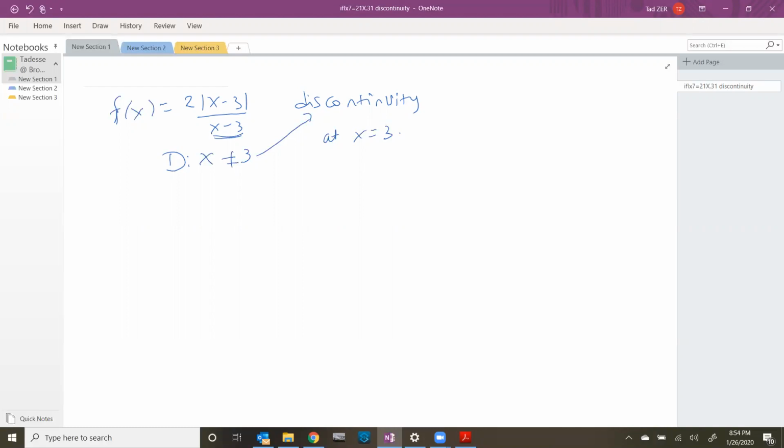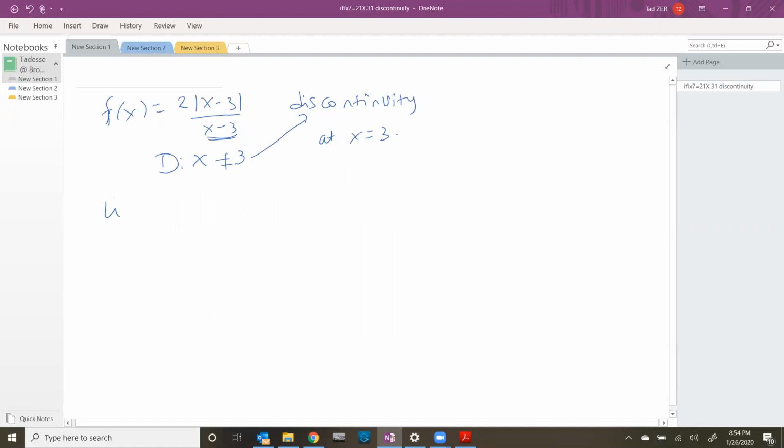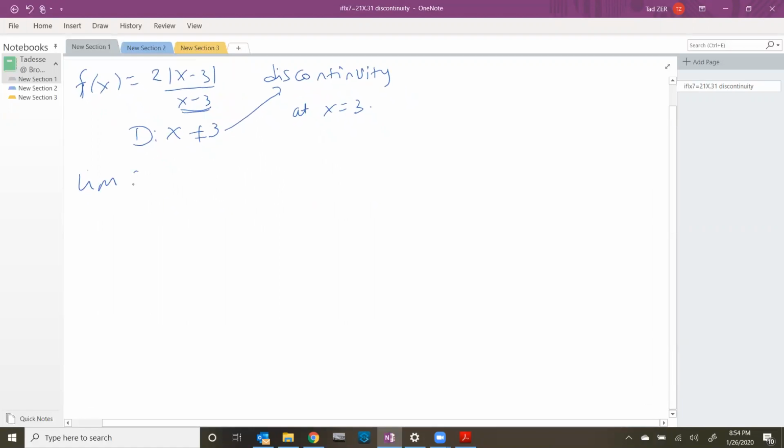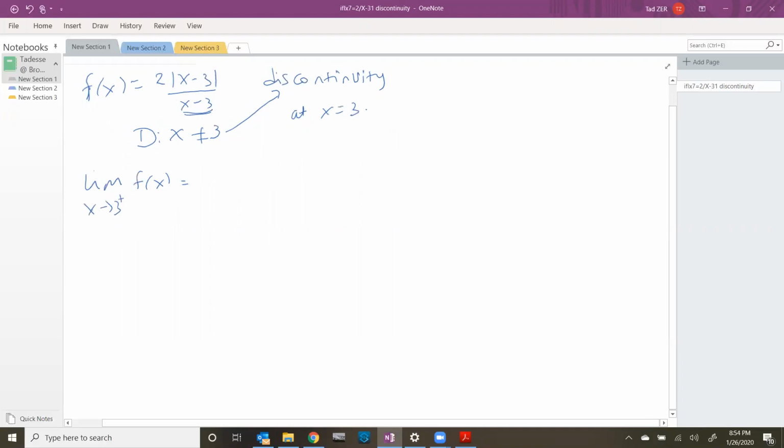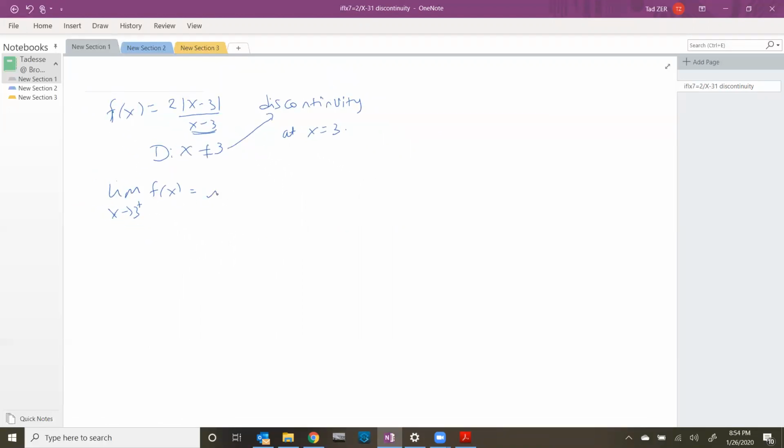In this case, let me find the limit of f of x as x approaches 3 from the right side, a one-sided limit. So this is equal to the limit of 2 times the absolute value of x minus 3 over x minus 3 as x approaches 3 from the right. Now, I am approaching 3 from the right side. From the right side means what? The value of x is bigger than 3, like